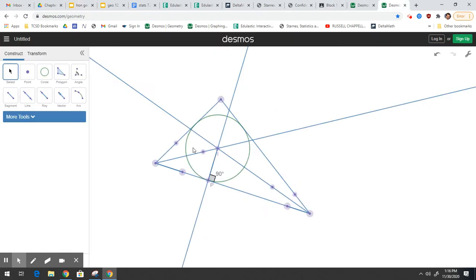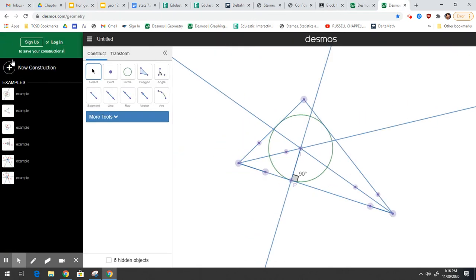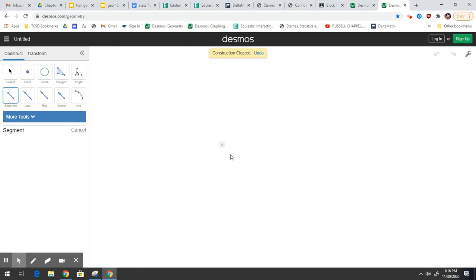So this one's actually a bit easier. All right, so let me get a new construction. Let me try to construct that same kind of triangle I had. So it looks something like this, I think. Okay, there. So now this one involves the perpendicular bisectors because the circumscribed circle involves the circumcenter, and that is